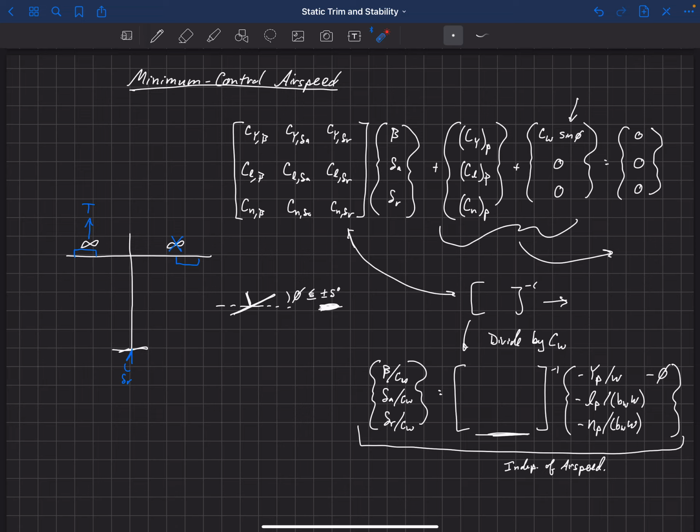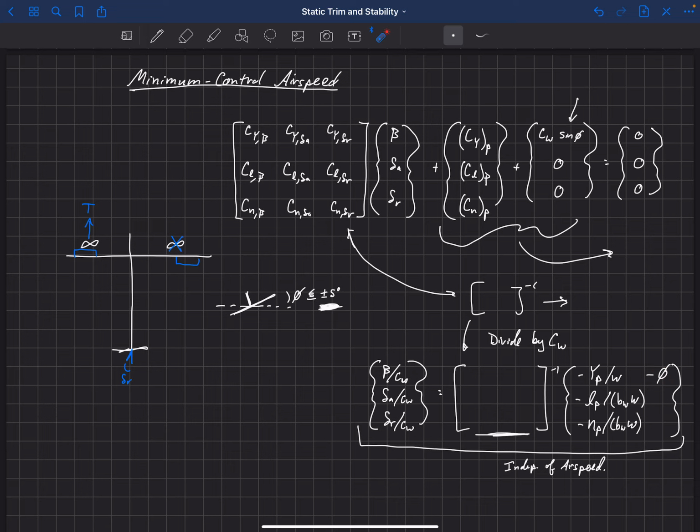So, but over a good chunk of our velocity range here, near our takeoff and landing speeds, these coefficients are largely independent of velocity. Secondly, our propulsion parameters can also be a function of velocity, but if we compute those near our takeoff and landing speeds, then we can assume that those are nearly constant, even with small changes in velocity. And then we've got a weight here, and then phi.